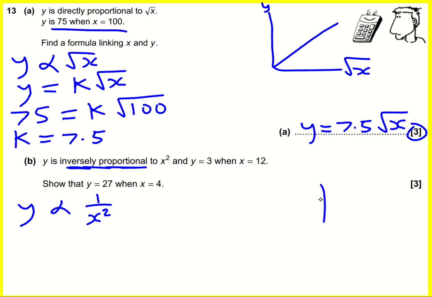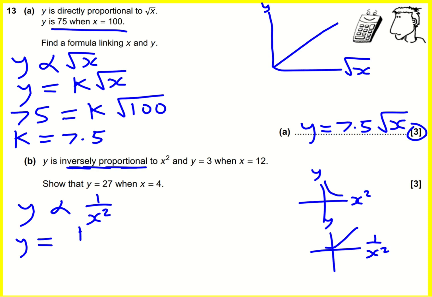We just need to remember two things. If I was to plot y against x squared, then I would get this kind of graph. If I was to plot it against 1 over x squared, then I get back to this straight line graph. So it's important to know shapes for directly proportional and inversely proportional. So we're nearly there. We can then write that y is equal to k over x squared